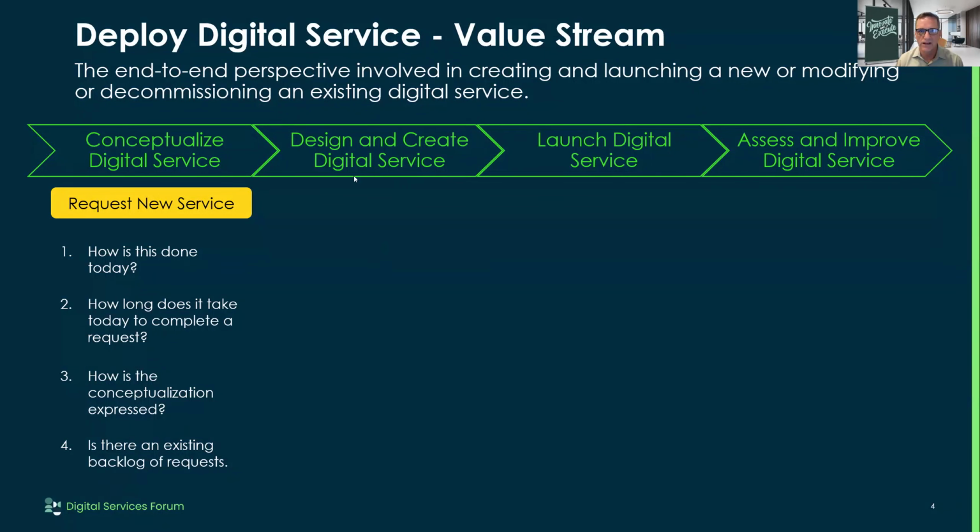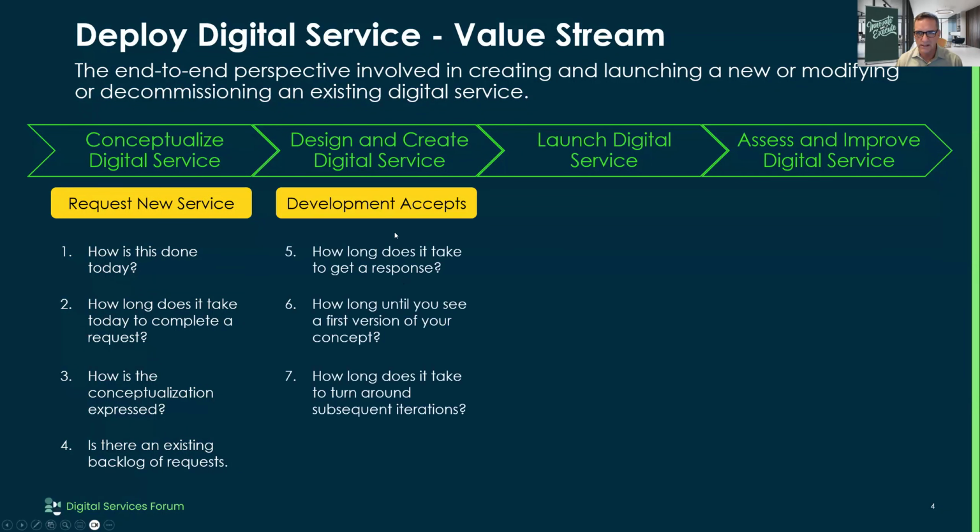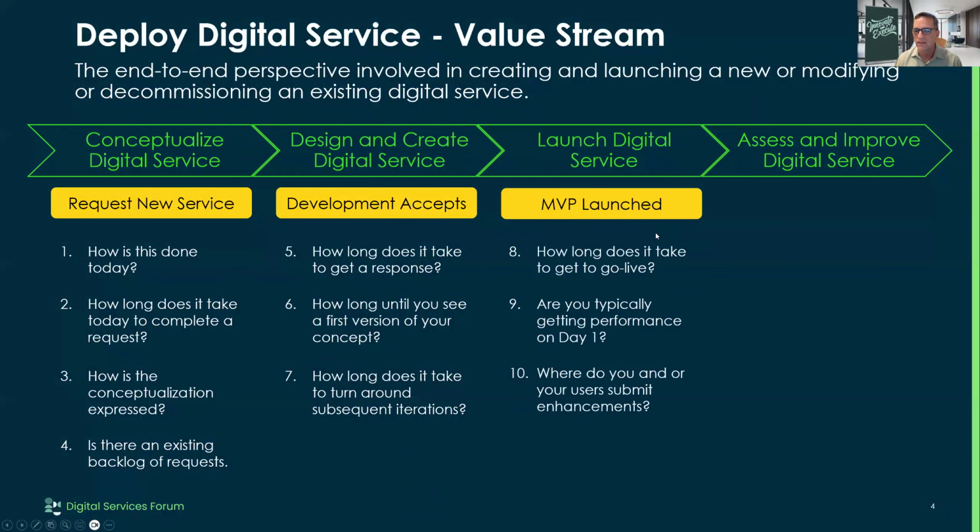And then on the design side, we come down, and this is when development has accepted that request. Then we come in and start working on it. So we start asking a lot of questions around how long it takes to get to this point. You get the developer to pick it up and start looking at what you need and suggesting technology. Then we go ahead and launch it, right? And when we launch it, we basically have to get it through that release cycle and test cycle, and then into the MVP,